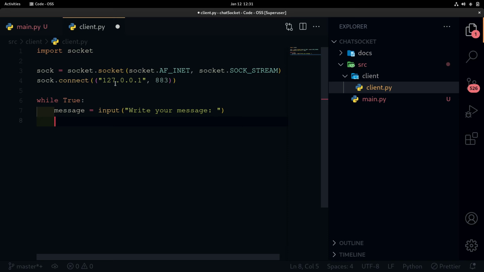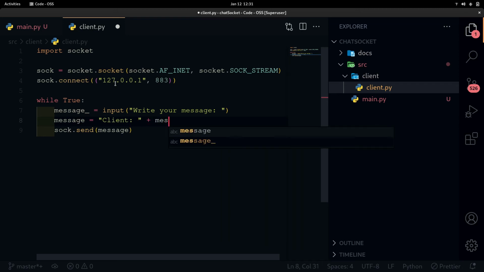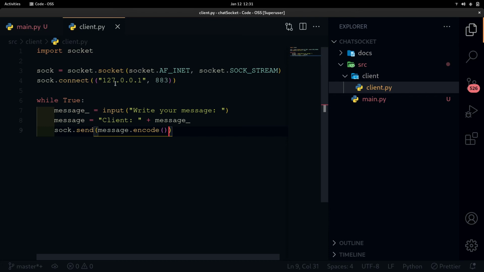When we write our message, we will send it. But here we are going to do something similar: message is equal to client plus message, encoded. And when the message is sent, we're going to receive the message.